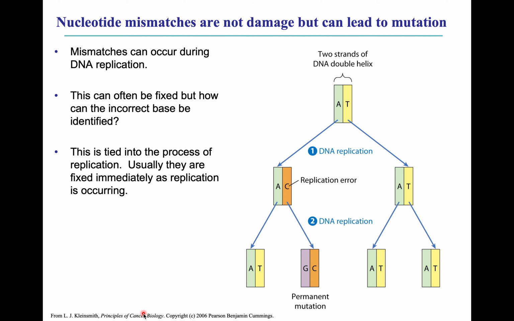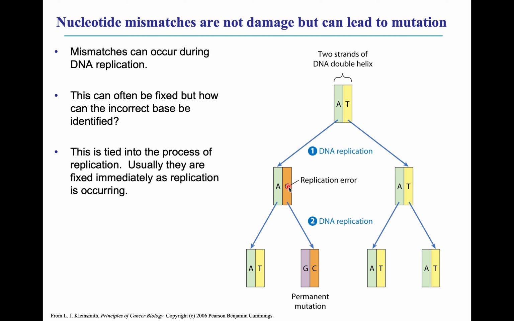Sort of a subtler version, DNA mismatches, which are technically not considered damage but are a problem. So, if we imagine we have a normal AT pair in our DNA, let's say due to a replication error, we paired a cytosine with adenine instead of a thymine, so now we have this mismatch. Well, if we're able to recognize and repair that before we go through another round of replication, then everything is